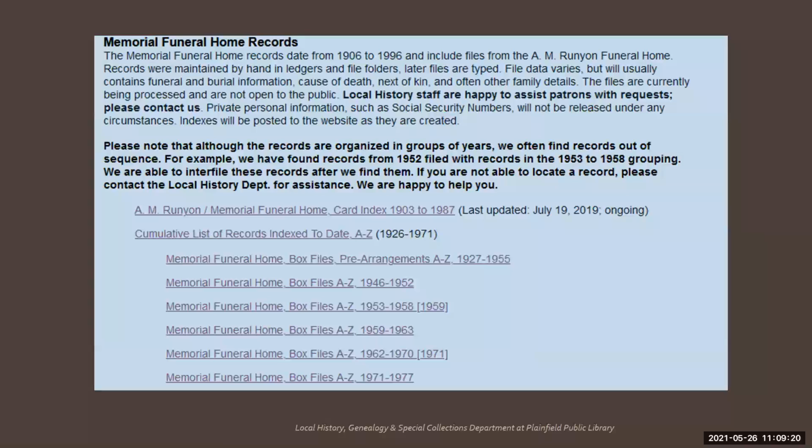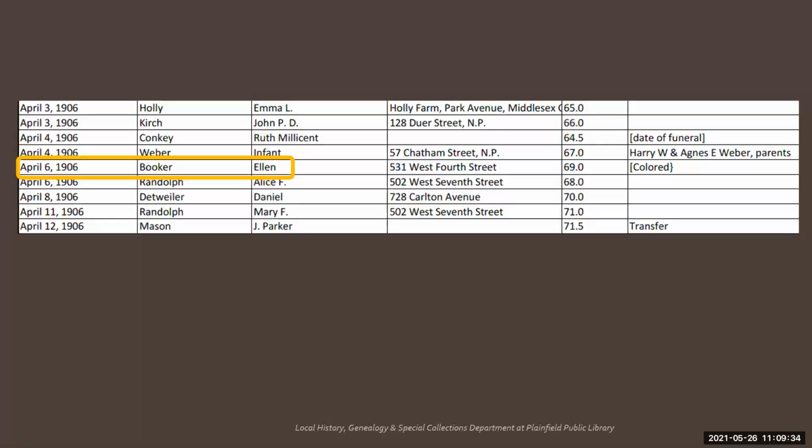The Memorial Funeral Home records include Runyon. For this example, we'll click on the top item, the card index. It will open as a searchable PDF and is written in chronological order. If we search for Ellen Booker, we learn her date of death immediately, but a researcher learning about Ellen Booker